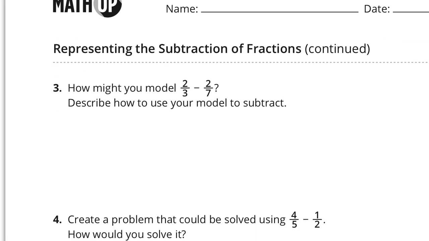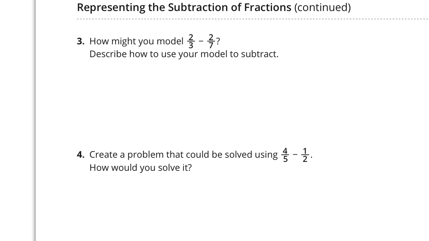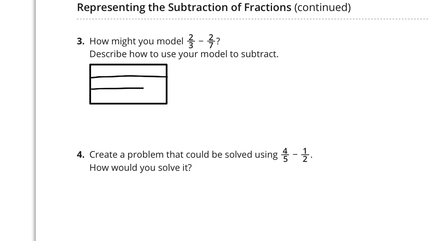All right, let's look at the next question where it says, how might you model 2/3 minus 2/7? Describe how to use your model to subtract. First, I might draw a square, or at least a rectangle. So there's my shape, and I'm going to divide it into thirds, divide it into 3 rows here, and I'm going to divide it into 7 columns. So now I've got it split into 3 rows and 7 columns,